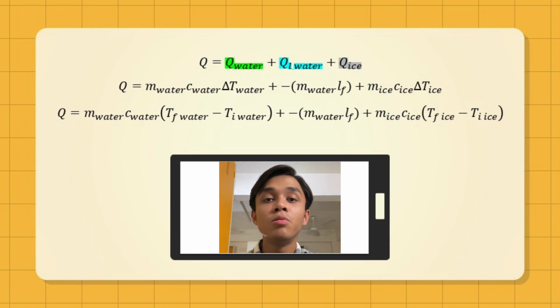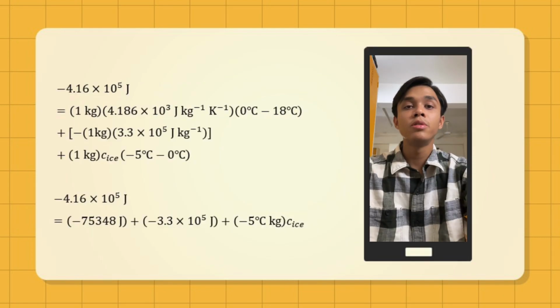The energy released during the phase change of 1 kilogram of water to 1 kilogram of ice, and the energy released to reduce the temperature of 1 kilogram of ice from 0 degrees Celsius to -5 degrees Celsius. Substitute the formula into our first equation and we get the expansion of variables that we need to substitute and find as follows. Next, we substitute all the values given into the formula. Now, we can see that the only unknown that we need to find is c ice, which is the specific